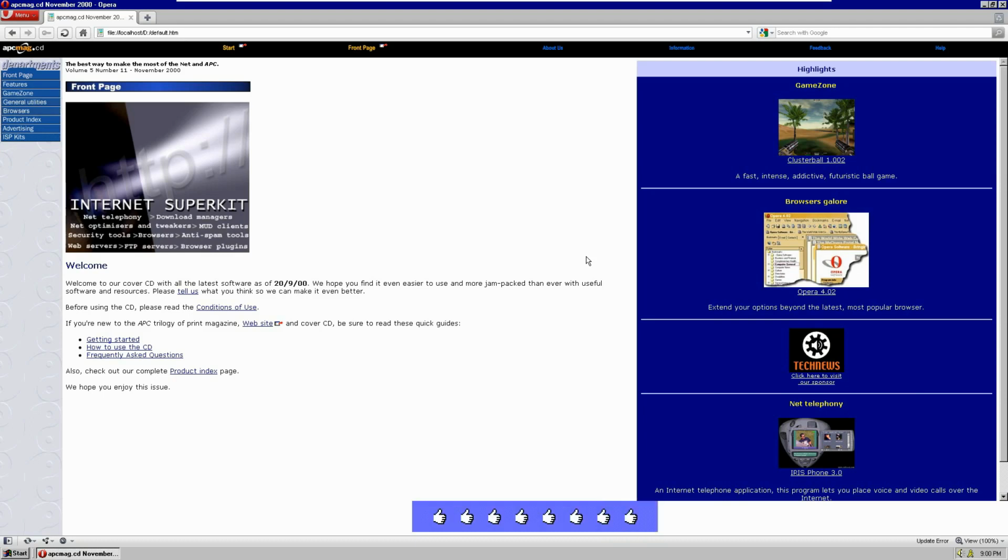So this one is set up just like the others, but it looks like they're boasting some different software this time. This one looks like we've got a game we need to check out, a bunch of browsers, a bunch of chat programs. Let's look at it here. So again, we are looking at this latest software as of September 20th, 2000 is when this disc came out. So it's kind of letting you know this is the latest as of that date.